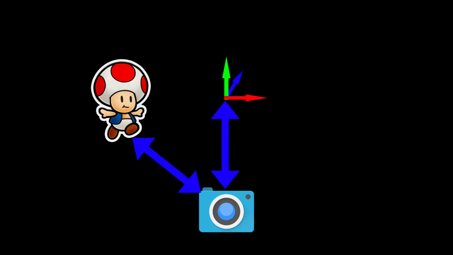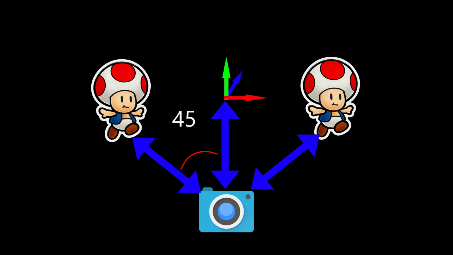So what we're doing here is we're getting the distance between the camera and the character, then we're setting the left or right object's position to the camera's position, but plus the distance, but in the camera's forward direction. Then we're getting the angle between the two, and the reason we're not using just regular Vector3.Angle is because that will yield the same angle whether the character is on the left or right side, but SignedAngle will actually give us one positive and one negative, and we can use this to determine which side of the screen the